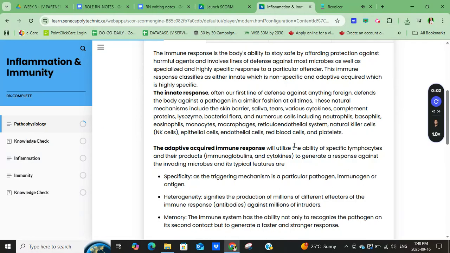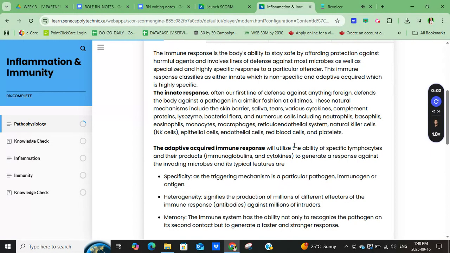The innate response, often our first line of defense against anything foreign, defends the body against a pathogen in a similar fashion at all times. These natural mechanisms include the skin barrier, saliva, tears, various cytokines, complement proteins, lysozyme, bacterial flora, and numerous cells including neutrophils, basophils, eosinophils, monocytes, macrophages, reticuloendothelial system, natural killer (NK) cells, epithelial cells, endothelial cells, red blood cells, and